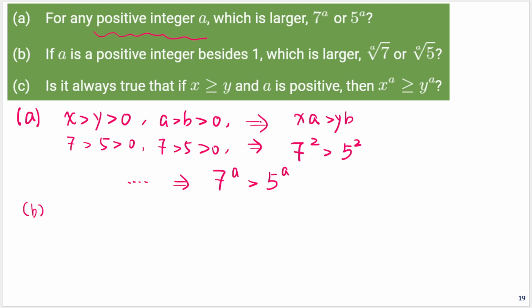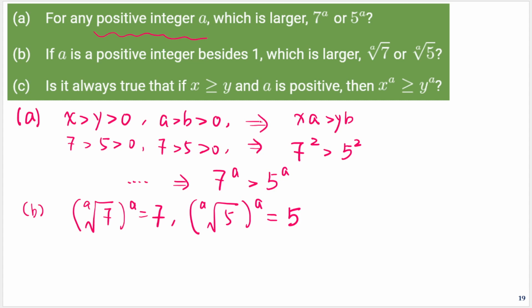Which one is larger? Well, this looks a lot like the last part, right? So we can try to use what we know about powers to solve this problem. Whatever a is, we know that the a's power of 7, then raised to the power of a, will give us 7, right? And the a's power of 5 raised to the power of a will still give us